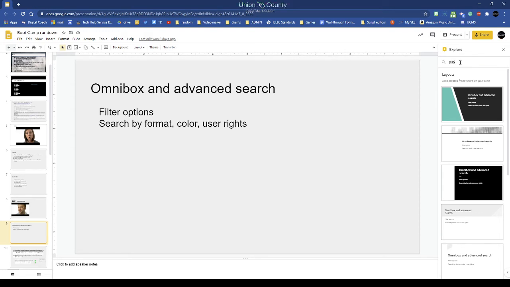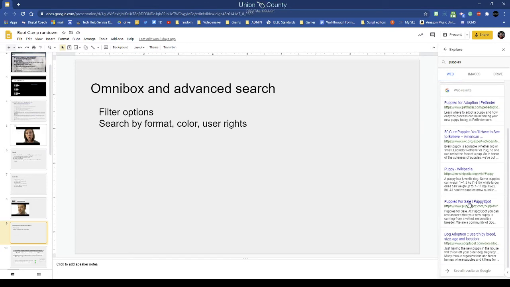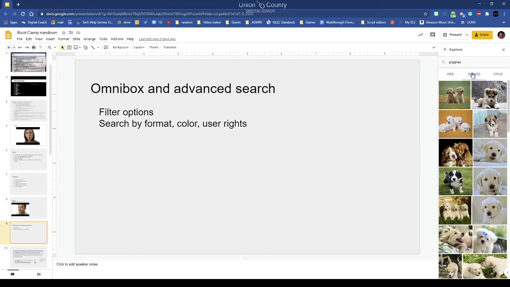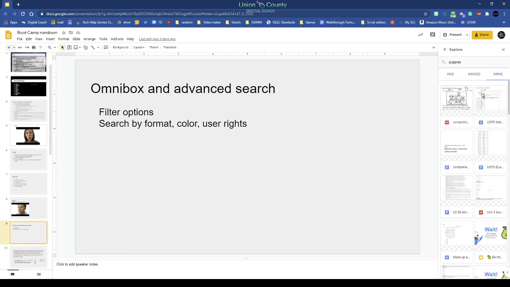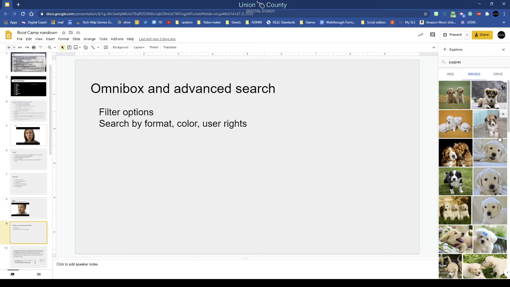So I can do a quick search on articles about puppies. I can navigate that in. If I'm in Google Docs, I can actually drop in a citation real quick off of a website and add it as a footnote in my document, and I can change the MLA, APA formats on that. But then images, all these that come up are creative content. I can also search Drive. Anytime I mention the word puppies in Drive, it should find that within my documents and let me utilize some of those. But then an image, I just hit the plus sign